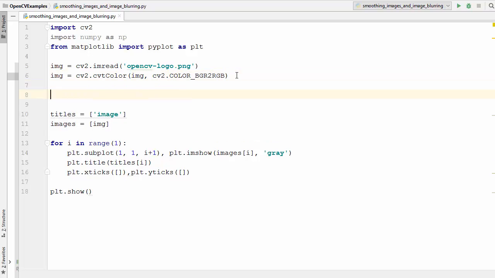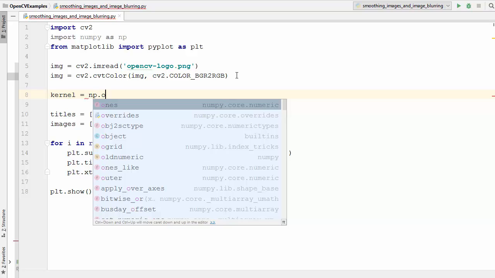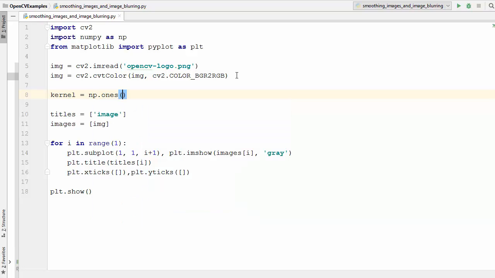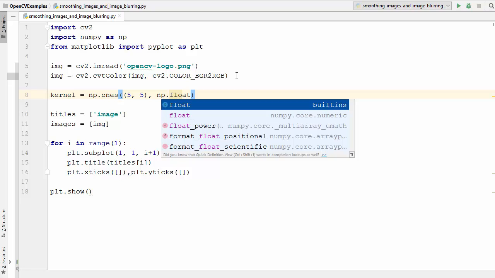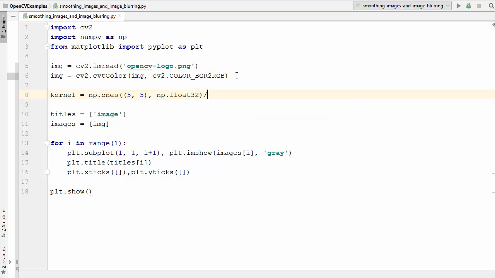So let's define our kernel. I'm going to just say kernel is equal to np.ones, and then we are going to take the kernel of 5 by 5. So we are going to define this kernel (5, 5) of ones. I'm going to just say np.float32 here, and then we are going to divide this kernel